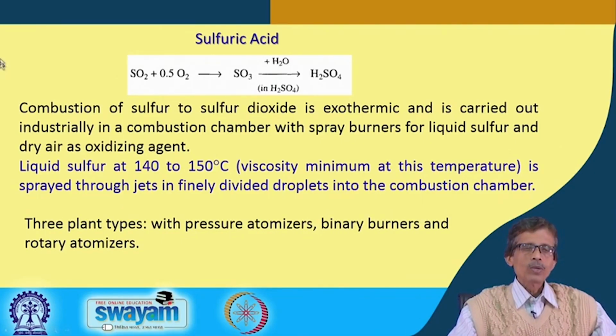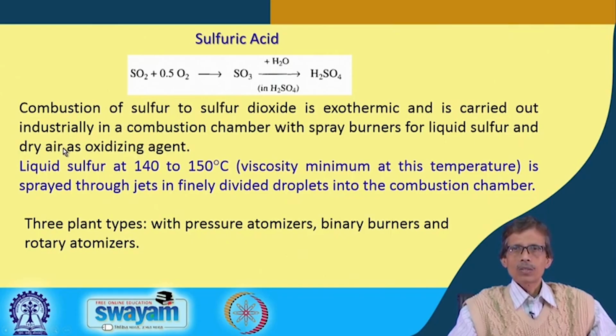So, stepwise what we get, we can go from combustion getting sulfur dioxide, and the reaction is exothermic, that means it is producing some amount of heat, and is carried out industrially in a combustion chamber with spray burners for liquid sulfur. So, it is not the solid sulfur powder we are spraying, but the liquid, molten sulfur, and dry air is utilized for the oxidation of sulfur to sulfur